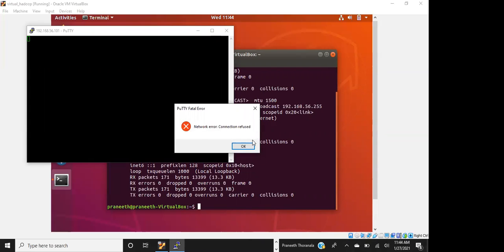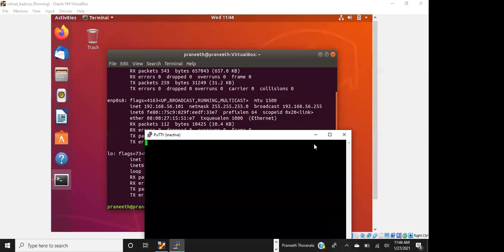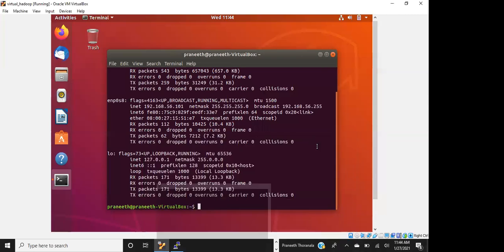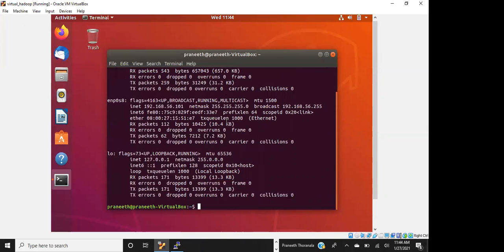Okay, network refused. Why? Can you go to your VM and scroll up? This is the IP address.